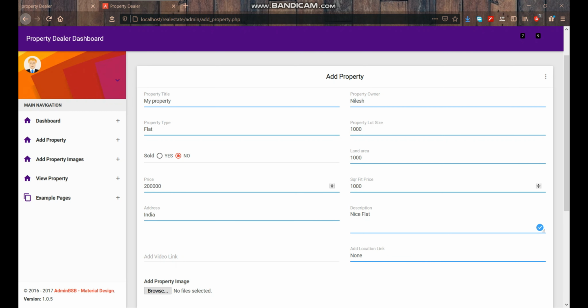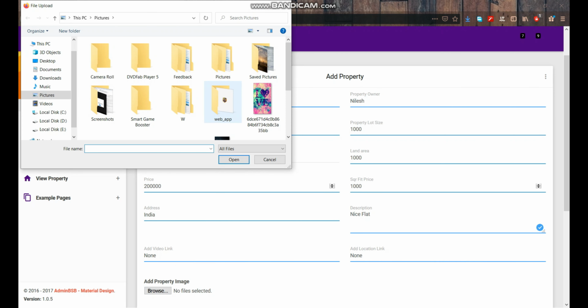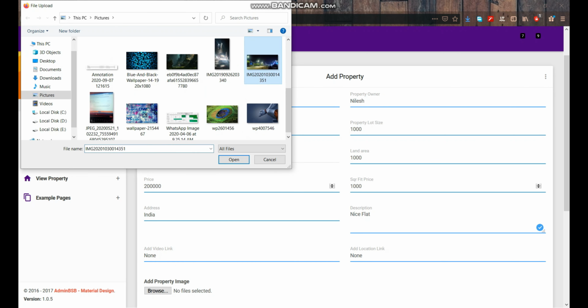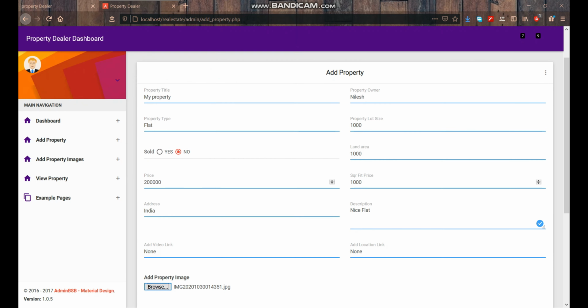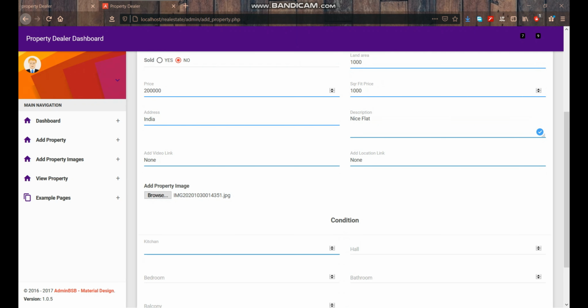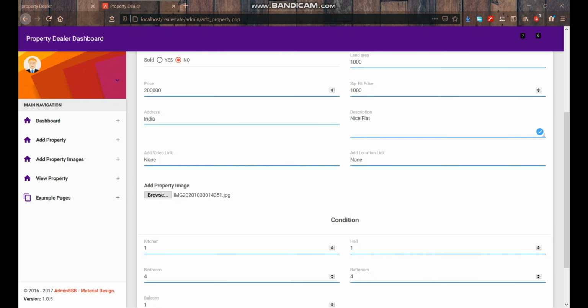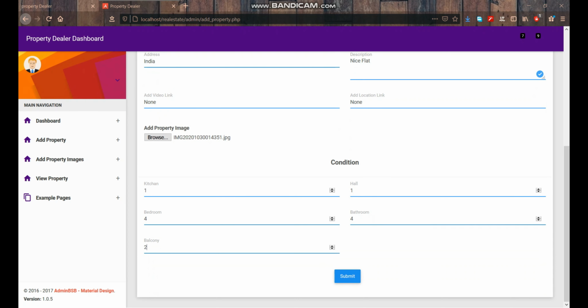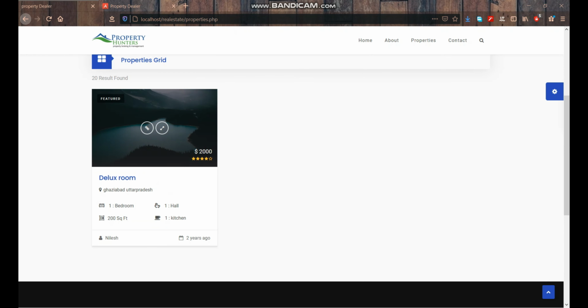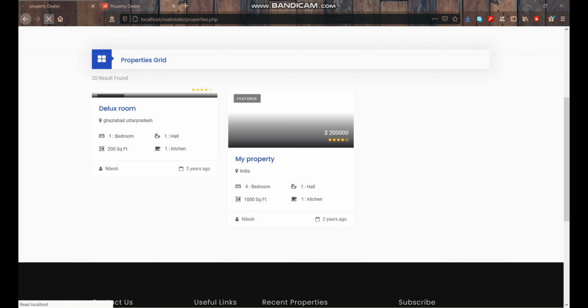Here we have a section for the link for the video of the property. So if you want to target a particular location, then you can put up the link and make a video of your property and put that up also. So it will be easy for a customer to explore the property more. Then we have specifications about the property, like how many accommodations there are. Once it is added, we will go back and refresh the page.